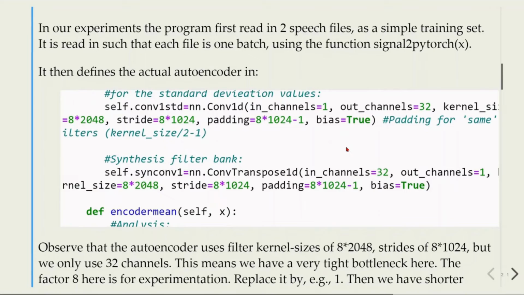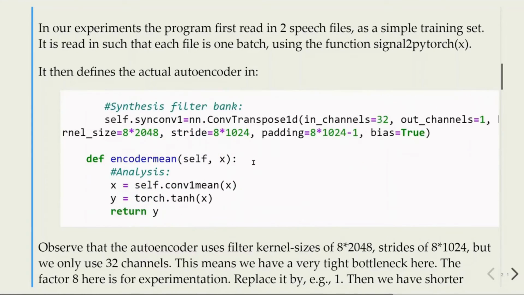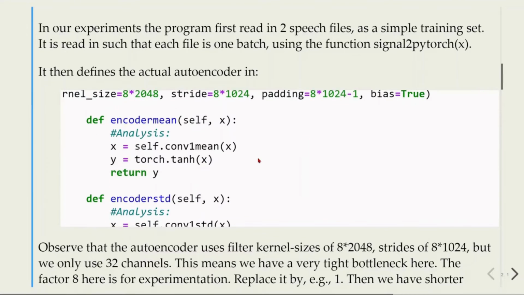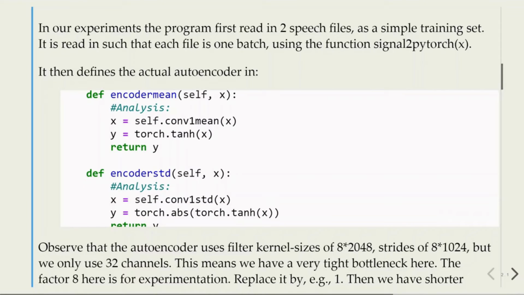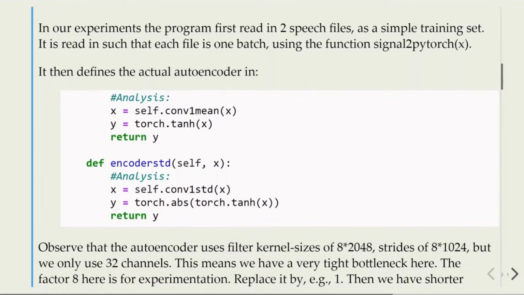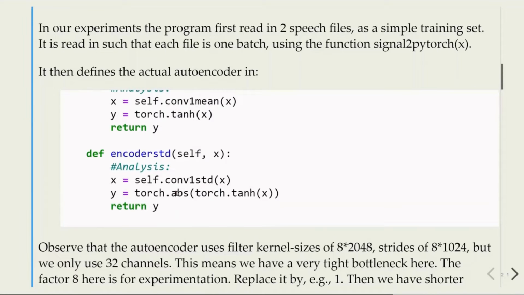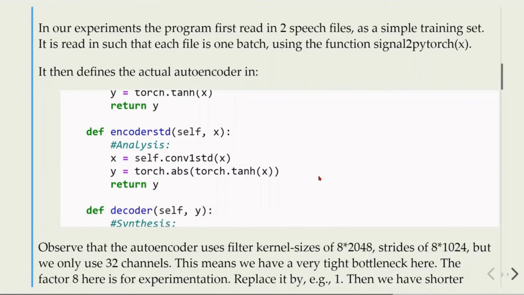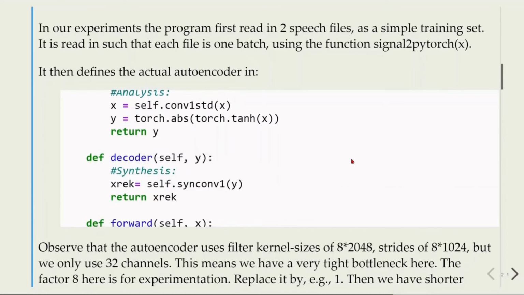Then we have the synthesis filter bank, and we are using the ConvTranspose1d. Then we have our encoder mean. We are also using the tanh as activation function. So remember that our values will be from -1 to 1. Then we have the encoder standard deviation, and in this case we have an absolute value together with the tanh, so now we will only have positive values. This is for the analysis. Then we have the decoder,